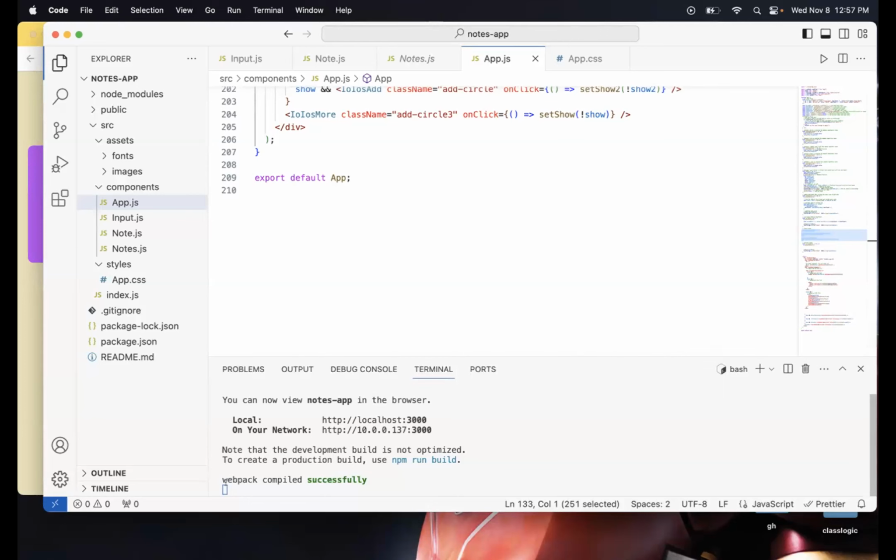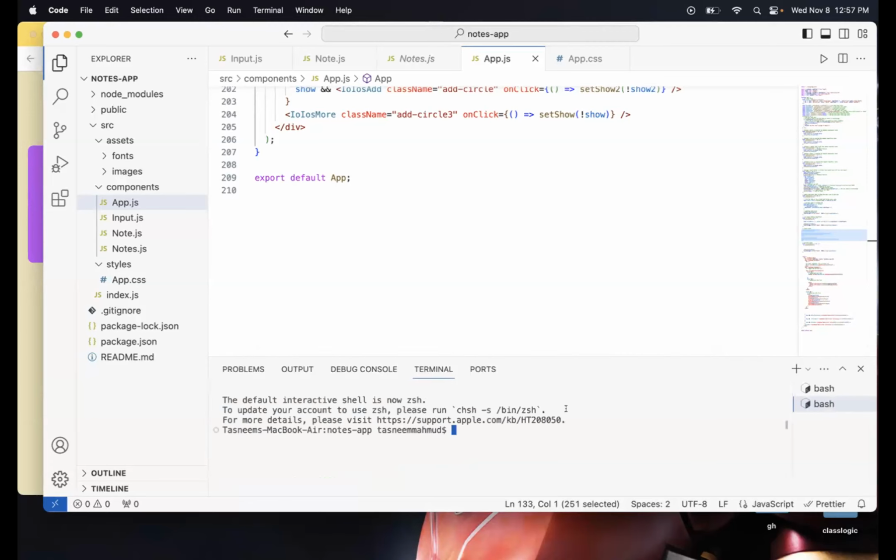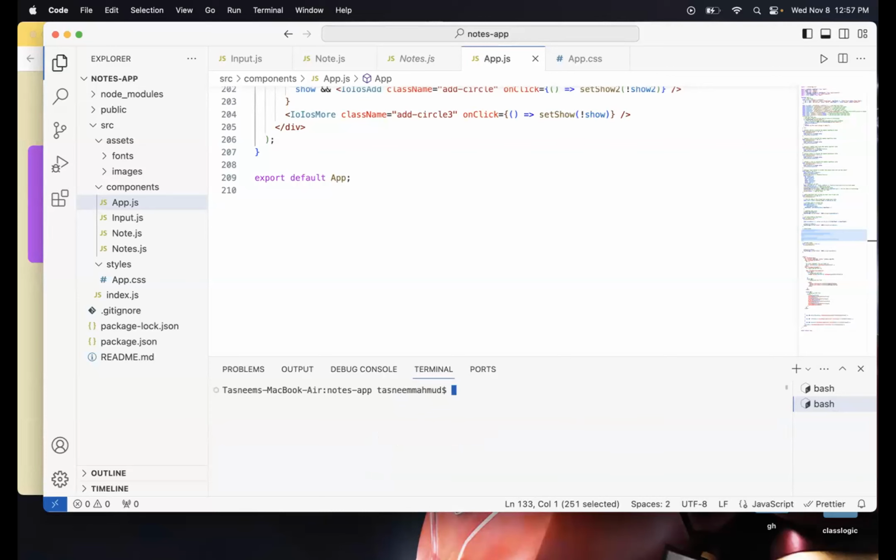Let me quickly add these to GitHub. I'll commit these. So I'll do git add. Oh, actually, no, clear. I have to create a branch first.